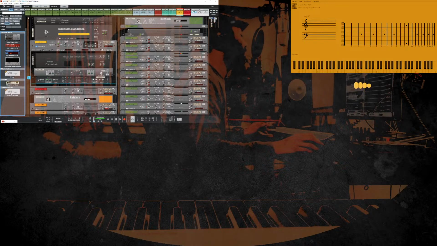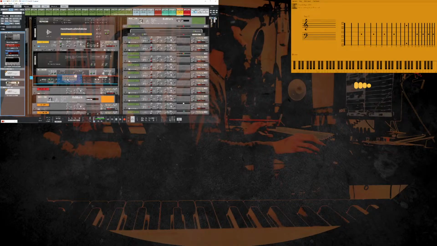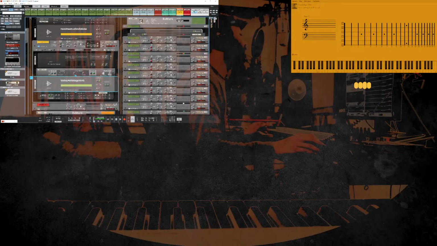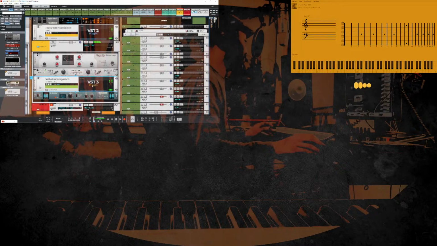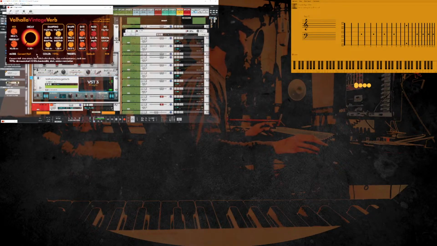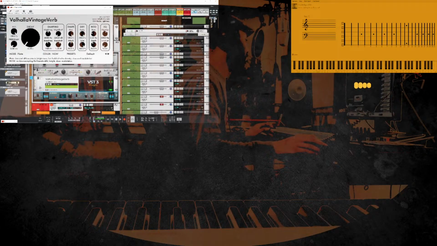Ah, Valhalla, excellent choice. It's one of those reverb plugins that's versatile and lush, but still simple to tweak. For this setup, I'm thinking we could go with something like Valhalla Mono or Valhalla Vintage Verb. If we want a more spacey, otherworldly vibe, Valhalla Shimmer would give us those lush, shimmering tails that fade out into oblivion. You could experiment with different room sizes, diffusion, and pre-delay settings to find that sweet spot for me